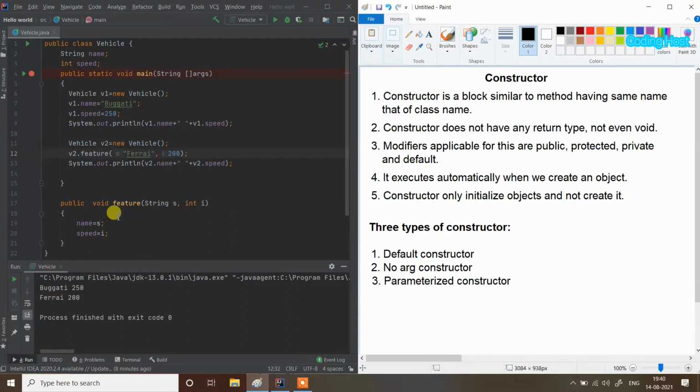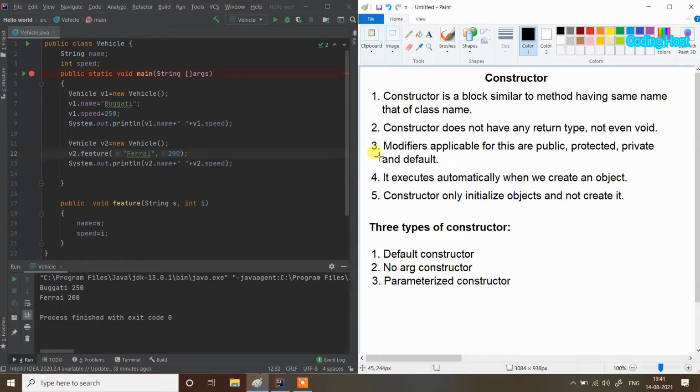If we want to return a value, we give it a type, and if we don't want to return any value, we make the method void. But in the case of a constructor, we have no return type, not static and not void.